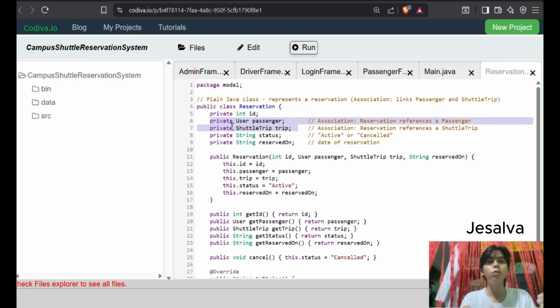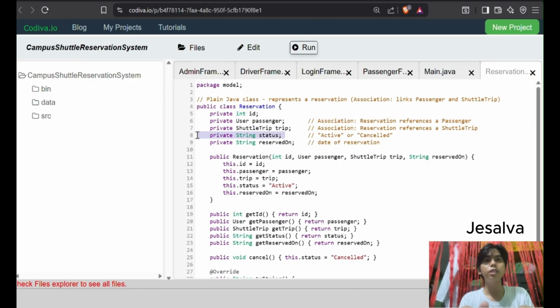This is where we apply association, because the reservation class is connected to other classes by using their objects. Instead of storing all the details inside one class, we link them together. So the passenger information comes from the user class and the trip details come from the shuttle trip class.